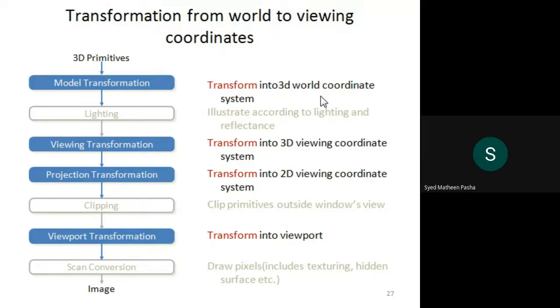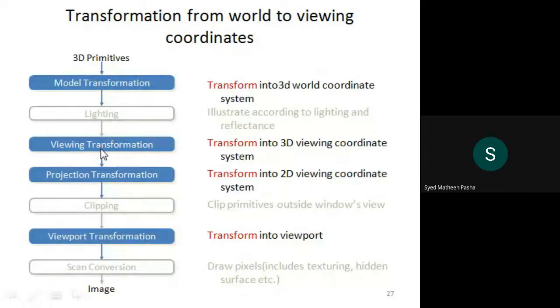You are just translating a point with respect to the origin, and then you are applying rotation on that particular transformation. In conversion of world coordinates to viewing coordinates, these are the two important aspects you need to remember. One is translation of the object with respect to some reference point, and then rotation of that particular object with respect to some parameters. So check out how